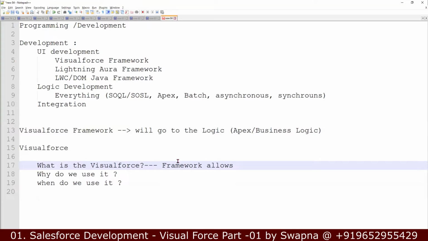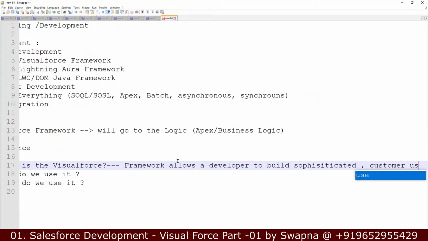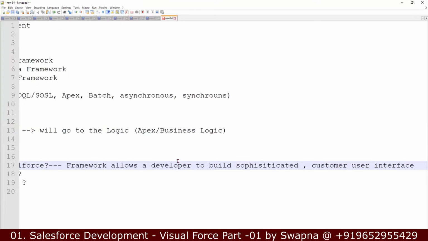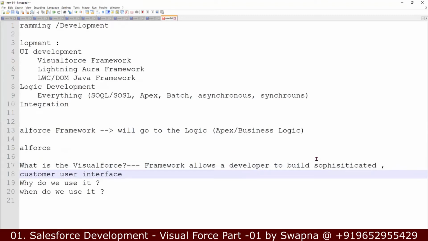Visualforce is a framework that allows a developer to build a sophisticated or custom user interface